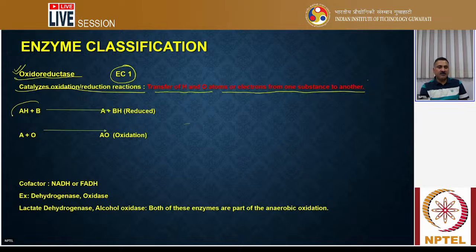This means AH plus B is actually going to give you A plus BH, this is a reduction reaction. Similarly, if you AO, this